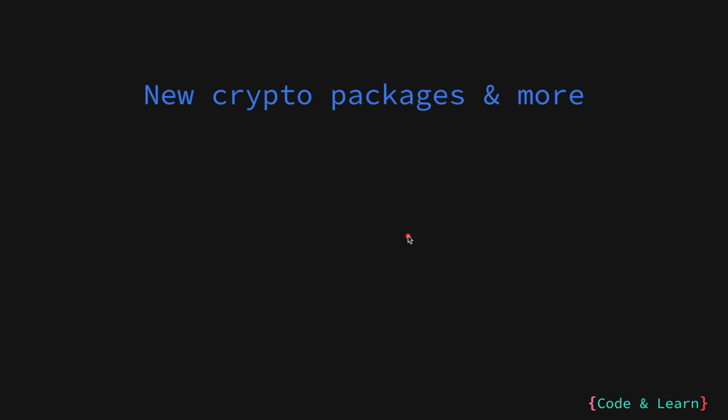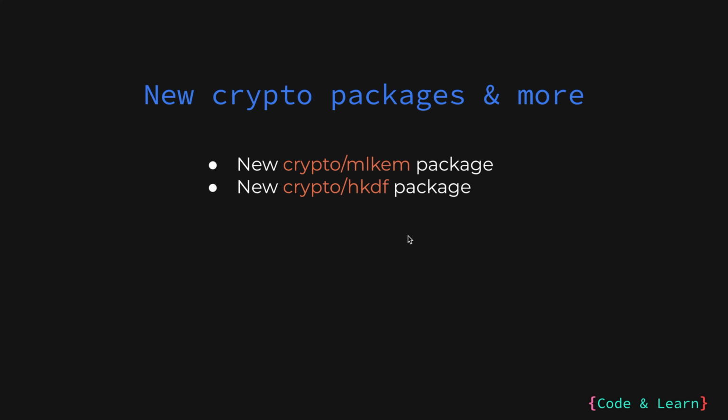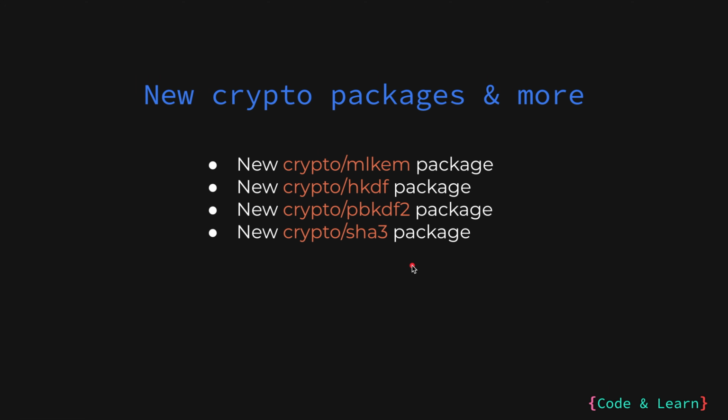Multiple new packages that implement new hashing algorithms have been added to the crypto package. These packages are ML-KEM. Similar to this, we also have HKDF, which is an HMAC-based extract-and-expand key derivation function. Then we have PBKDF2 that implements a password-based key derivation function. The SHA-3 package implements the SHA-3 hash function, SHAKE and cSHAKE as defined in FIPS 202, making it FIPS compliant. Then we have the Text function that can be used to generate random strings, which are very often used